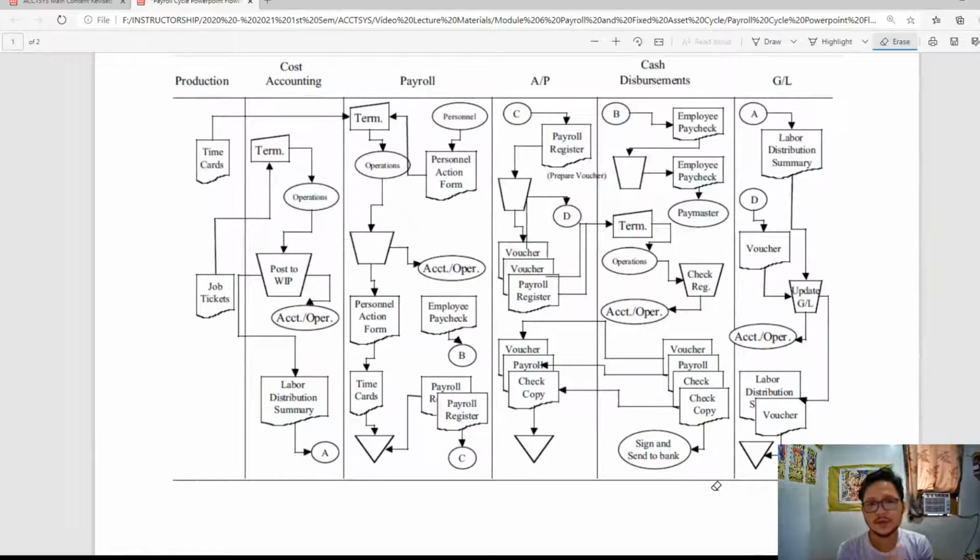So, in order to understand the payroll cycle better, here I have provided you with a sample flow chart of a company and their payroll cycle. This is a manufacturing company, and that is evidence na meron silang production department. So, let's start. First,